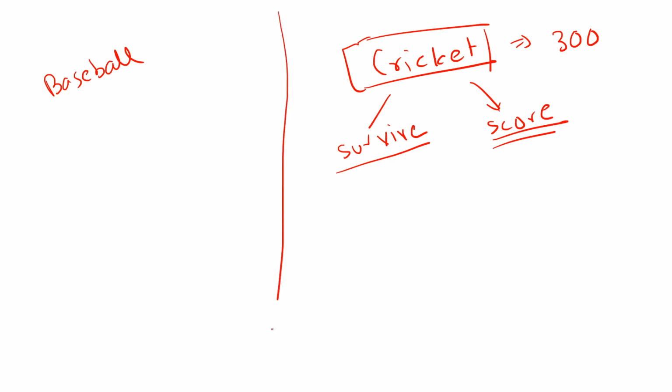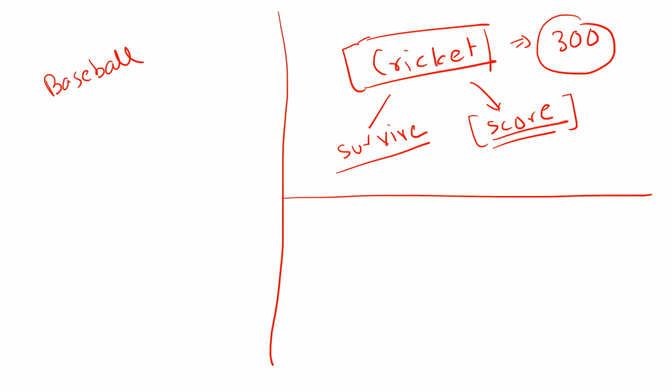So cricket is a sport in which you have to actually maximize the net score. So many batsmen prioritize scoring. There are a few batsmen who are quick hitters. They will get out in maybe 10 or 20 balls, but they will attempt to hit a 6 on every ball. Now, baseball is a different game. In baseball, the runs, which are home runs or something, their number in each slot is quite less compared to cricket. So in baseball, no one is going to score 300 home runs. It's not possible to score that many home runs in a game.